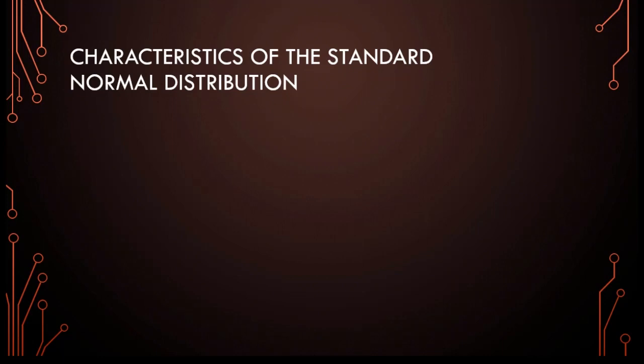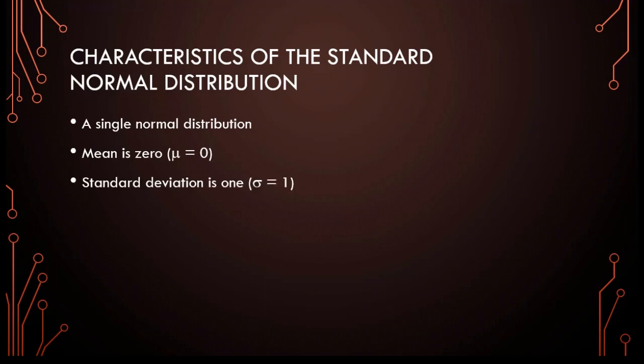It is a single normal distribution in the infinite universe of possible normal distributions. As with any normal distribution, it must be defined by its two parameters. The mean of a standard normal distribution is 0. The standard deviation of the standard normal distribution is 1. That is all that defines a normal distribution as a standard normal distribution. If the distribution is normal, if the mean is 0, and if the standard deviation is 1, then it is